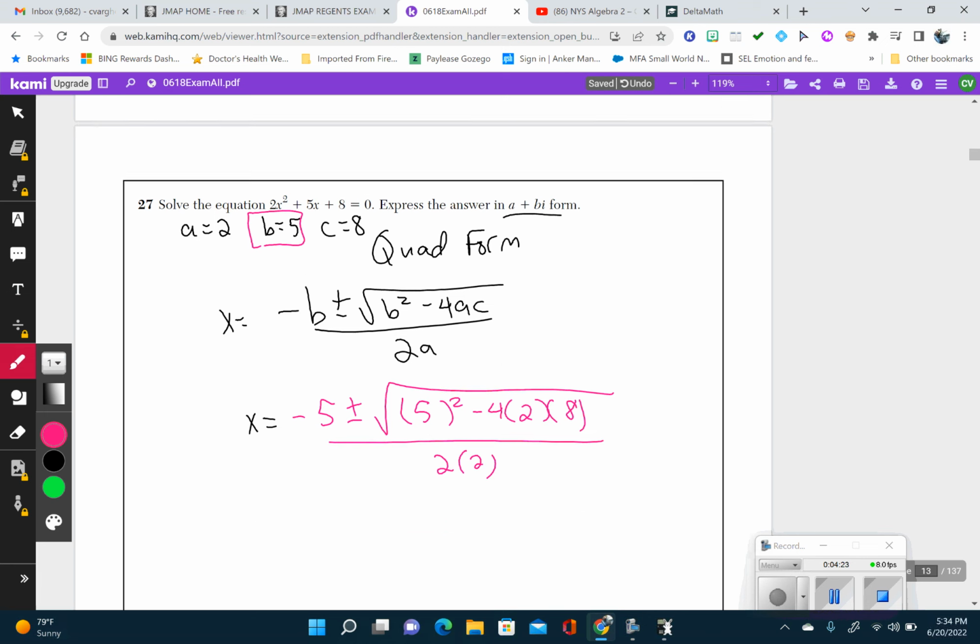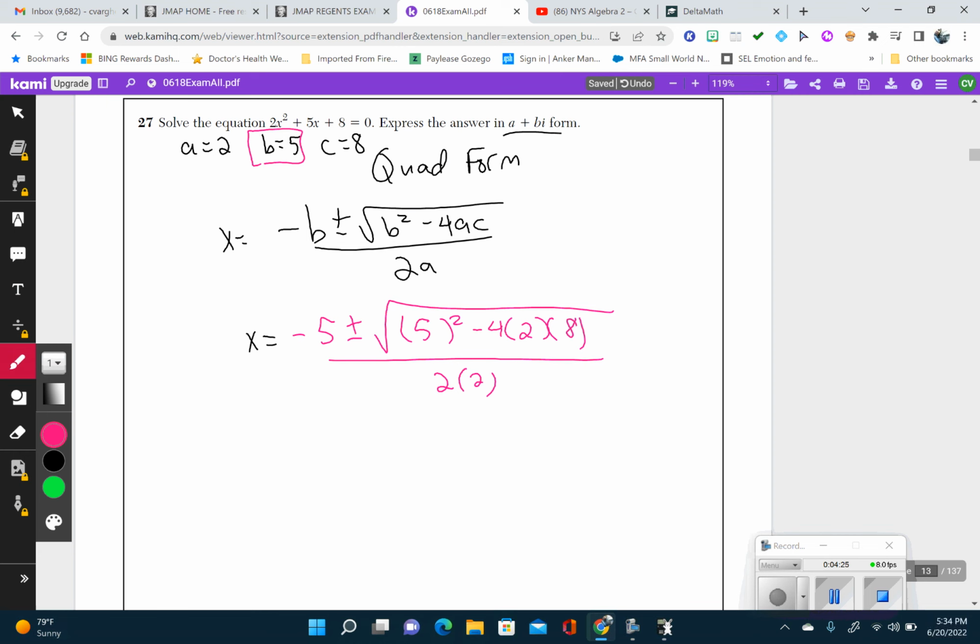And then you're just going to simplify it and put it in a plus bi form. So we're going to take all of this right here and plug that into the calculator. I want to remind you that you are only going to plug in whatever is under the radical, okay? Only what's in the radical. So let me go ahead and highlight that part for you. Only whatever is under the radical right here, you're going to plug that into the